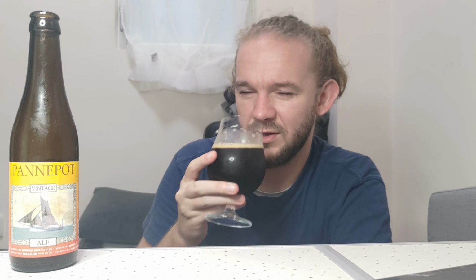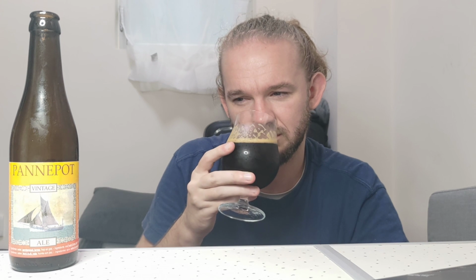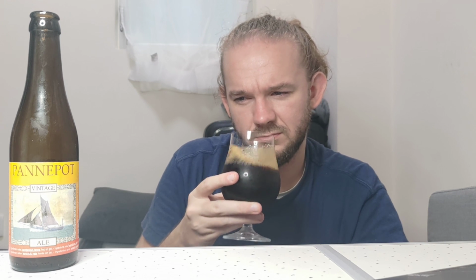You've also got a little bit of a more kind of wholemeal brown bready character to this one as well. So yeah, you've got the sweet kind of smooth rye bread in there. There's a little bit of a kind of Jacob's cream cracker. Yeah, so there's a kind of rye bready note in there. It's like a sweet, smooth and slightly dry rye bread, but yeah, you've got a bit of wholemeal brown bready